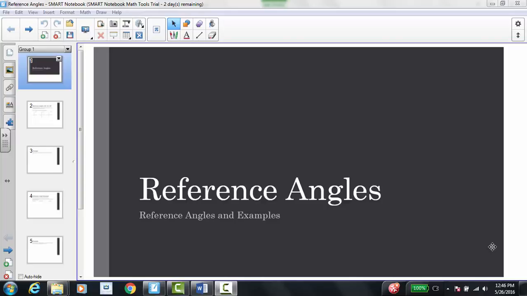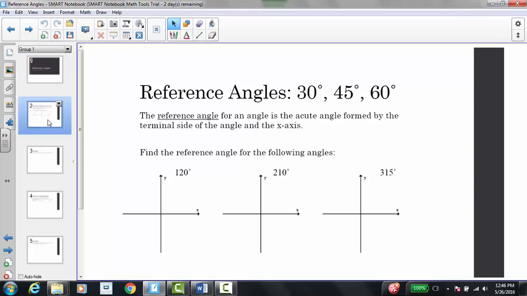In this video, we're going to talk about reference angles. This video is very closely related to the trigonometric functions of any angle video. But in this video, we're going to specifically look at reference angles and then do some examples. So a reference angle for an angle is the acute angle formed by the terminal side of the angle and